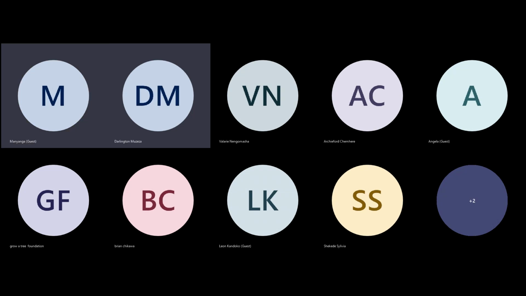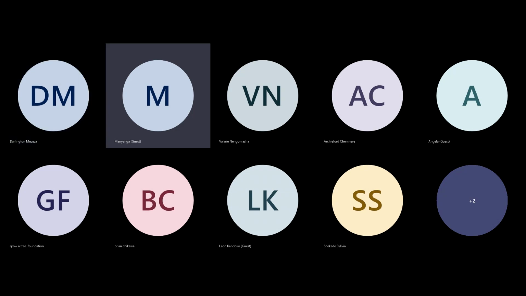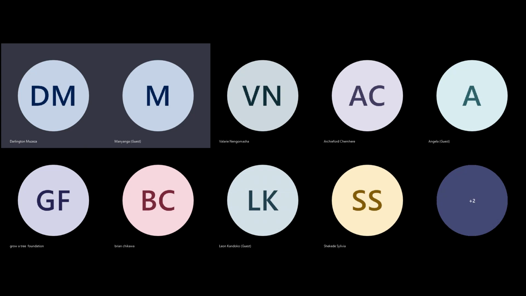For example, in the agriculture sector, the entire interrogation of the supply chain of agriculture, or take any sector. I wouldn't want to mention agriculture alone, but look at any sector. Look at the transport sector, the entire supply chain of the transport sector. So you take sustainable supply chains and locate it within any sector, and then you interrogate to say, okay, what is it that we can do in order to reduce carbon emissions?